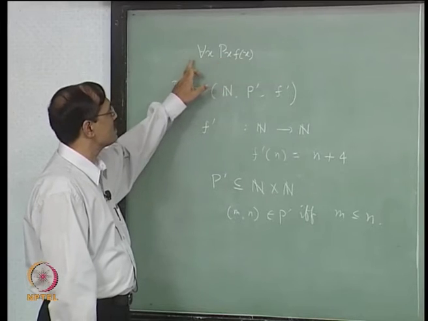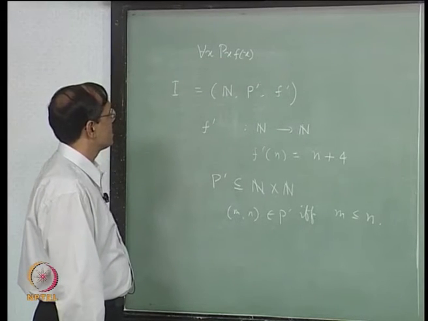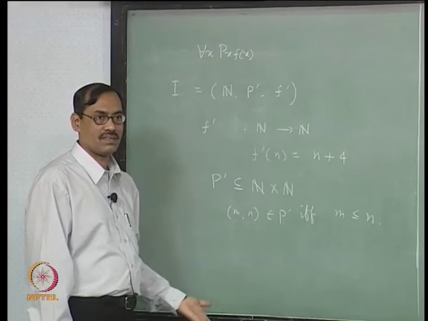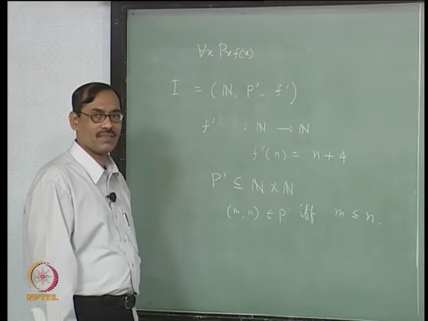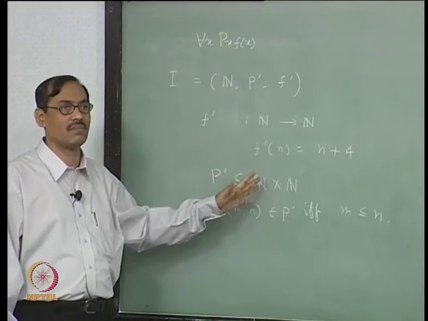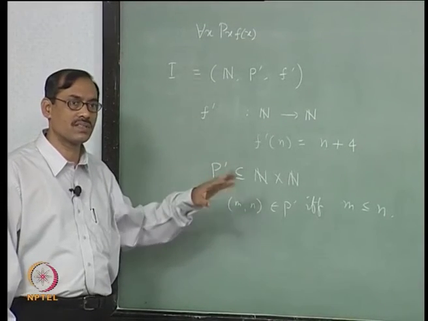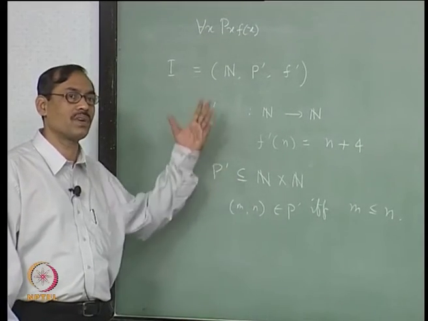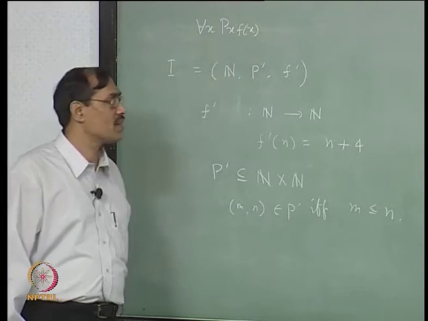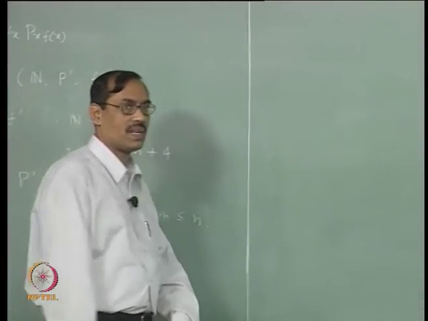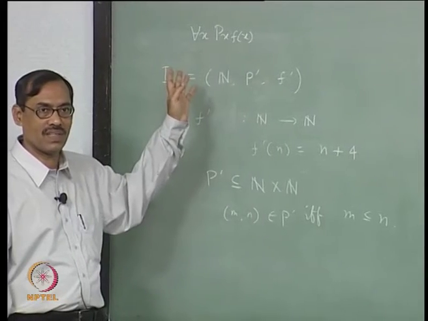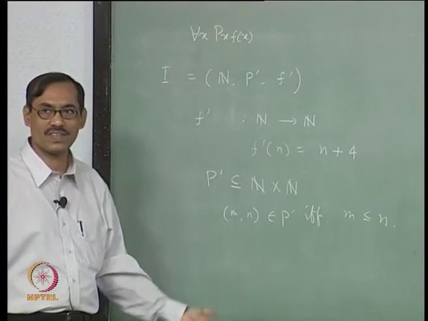Okay. So, as it is, if you see informally, it says that for every natural number n, n is less than or equal to n plus 4, that is what it says. Okay. But then let us look at how the formal semantics takes care of this, because we have to go to the states and then from the states we have to come to interpret this quantifier. Okay. So, let us start with one state. State will be starting with a valuation. There is only one variable occurring here, but you can define for other variables, that does not matter, they will not come into discussion at all.